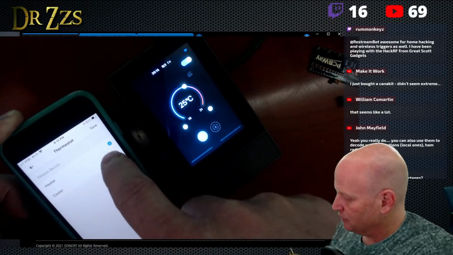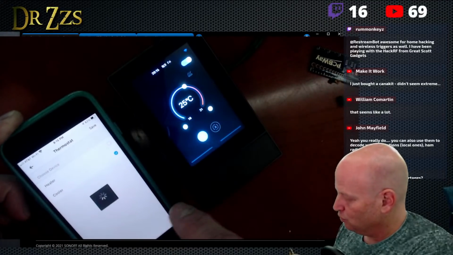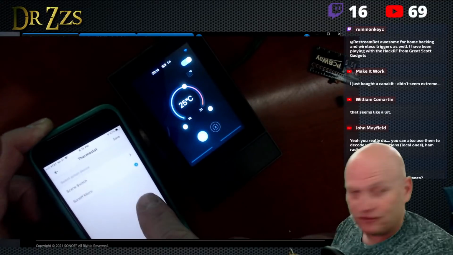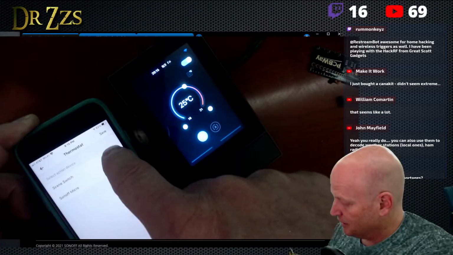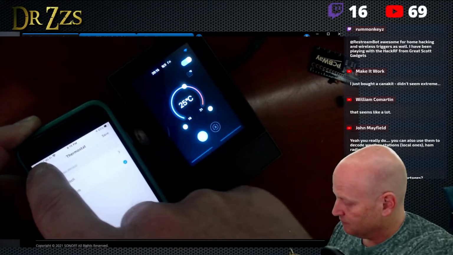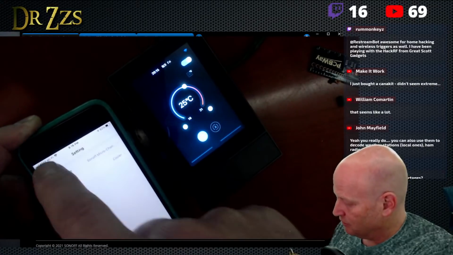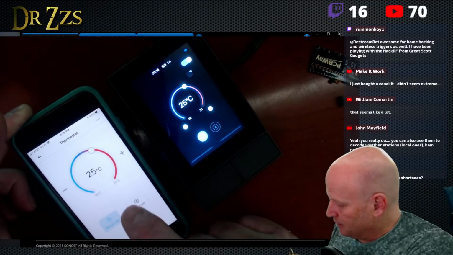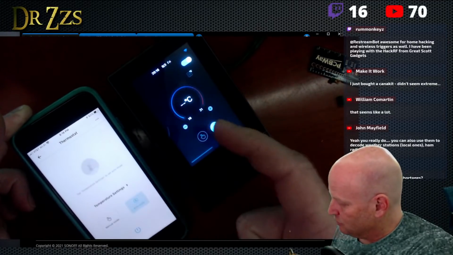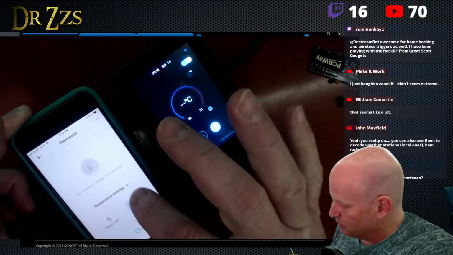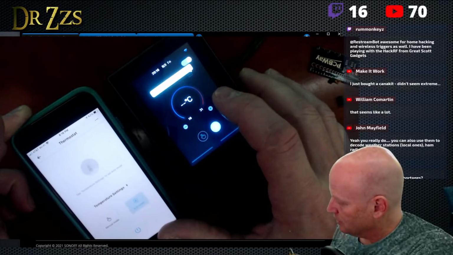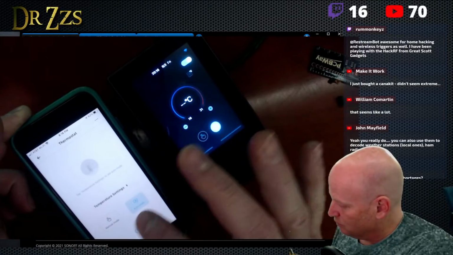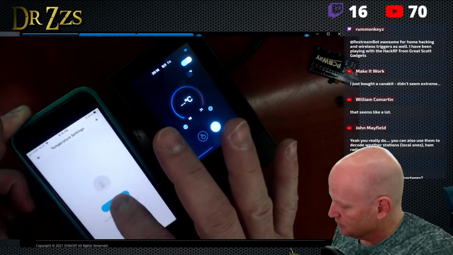Device type heater, and you can set it to a heater or cooler. And you tell it which of your Sonoff devices it is connected to. It has to be a Sonoff device. All this is just Sonoff. Then you can set it to do its thing. I guess you tell it what temperature you want here. Action device not connected. Yeah, I know. Manual mode, auto mode, temperature settings.